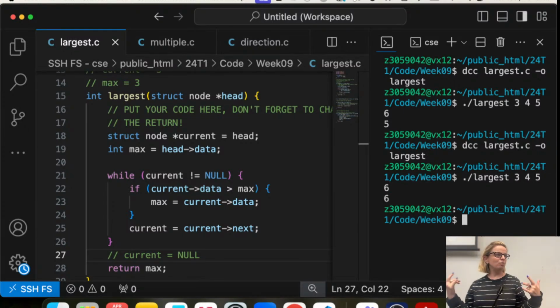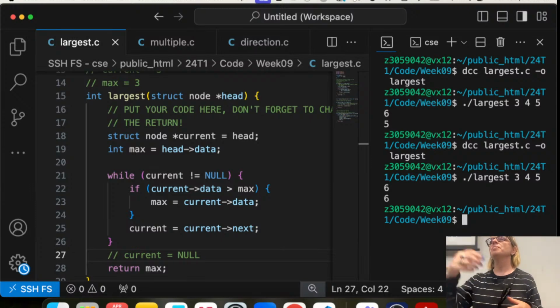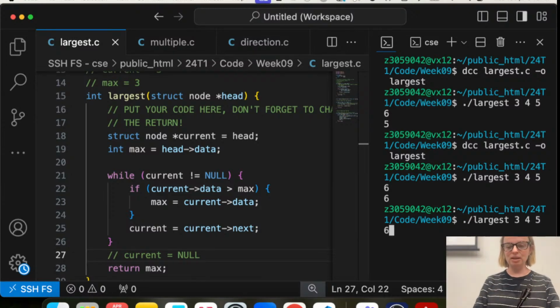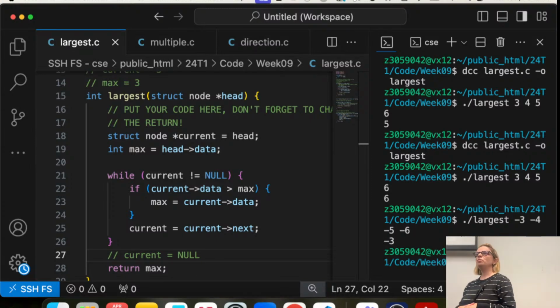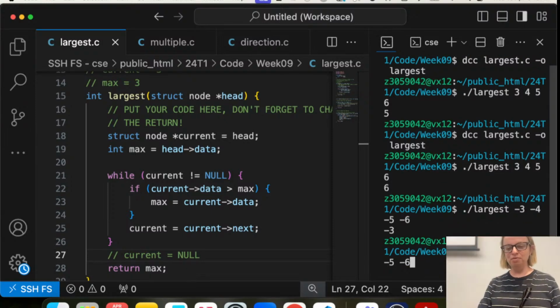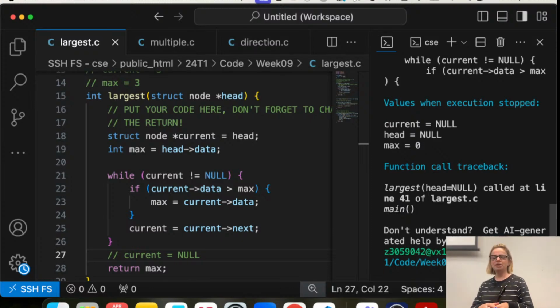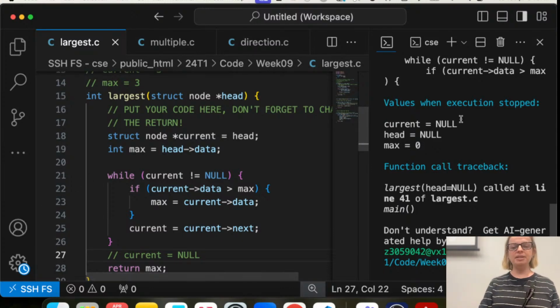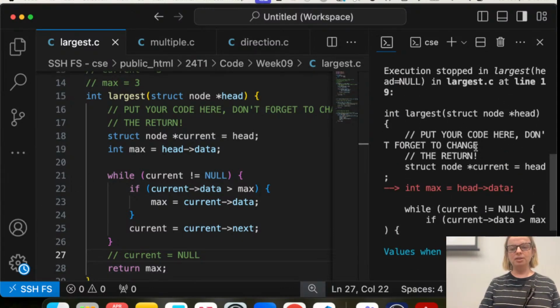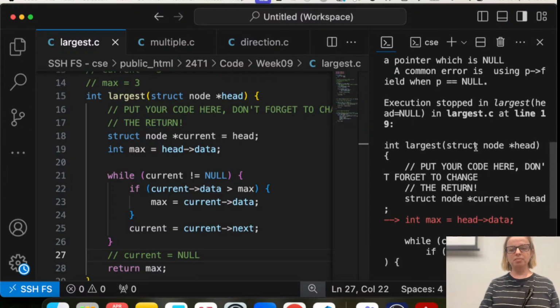What would you test to see whether you will get something wrong? Yeah. Negative numbers. Let's do that. Okay, let's run that. Okay, working for negatives. We've talked about the case where it will fail, and it will fail miserably if we have an empty list, because over here it's going to access and dereference a null pointer.